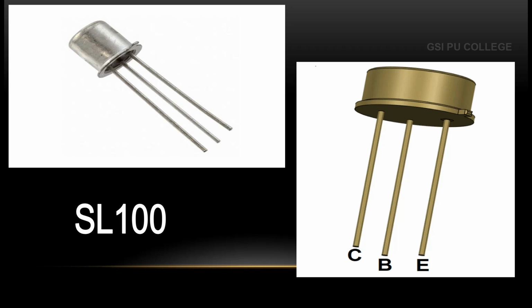If I represent the terminals from the cap side or the notch side, one of the terminals which is very close to that notch will be called the emitter, the next one will be called the base and the last will be called the collector. That is, we have to go in the anti-clockwise direction. If we go in the anti-clockwise direction, the terminal which is very close to the notch will be the emitter, the next terminal in the anti-clockwise direction gives us the base and the last gives us the collector terminal.